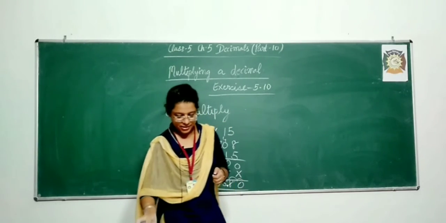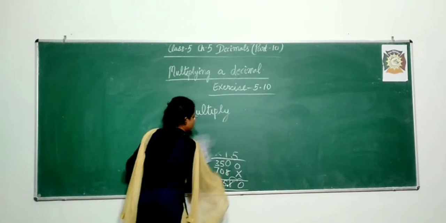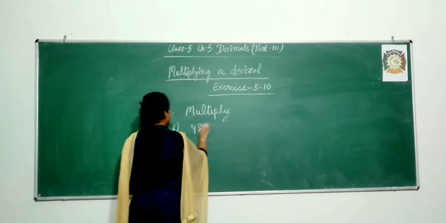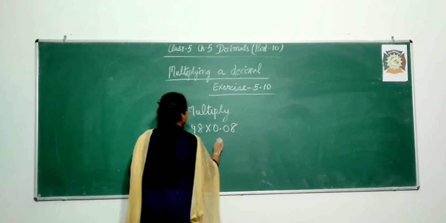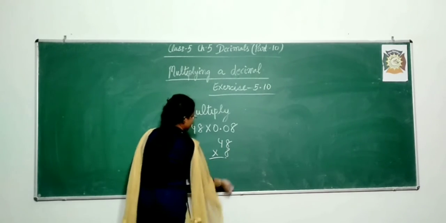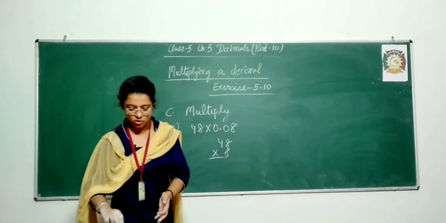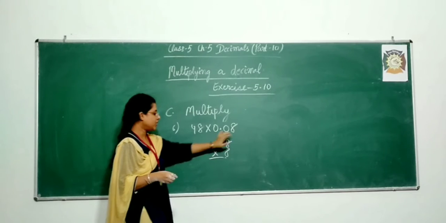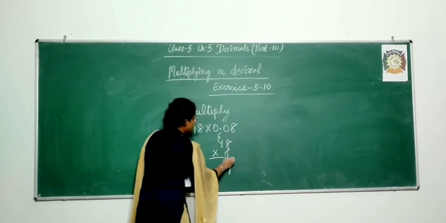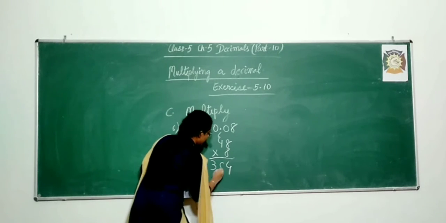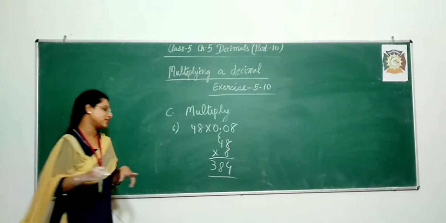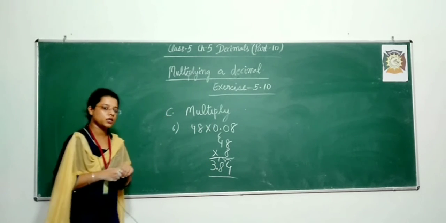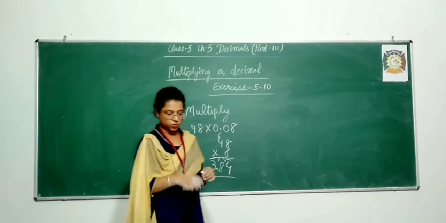Let me do one more part, that is the sixth part. 48 into 0.08. In this you will multiply 48 with 8 and you are going to place a decimal point after two positions moving from the right, because in the question you are given a decimal number with two decimal places, right? 8 8s are 64, 8 4s are 32, plus 6 is 38. So 384 is your answer and you will place a decimal point at this position, that is you will make a two decimal place number. 3.84 is your answer for this question.